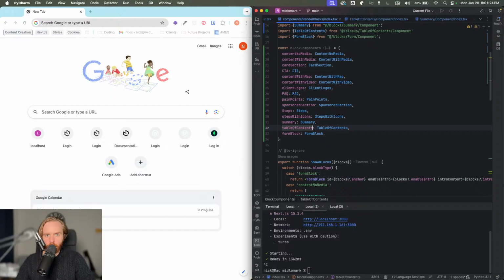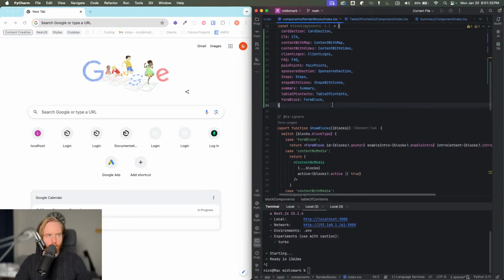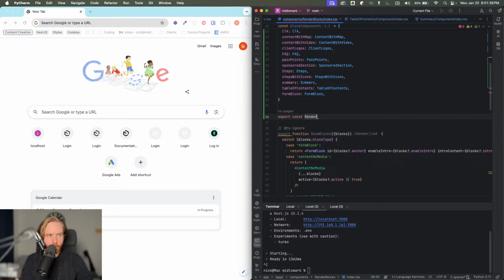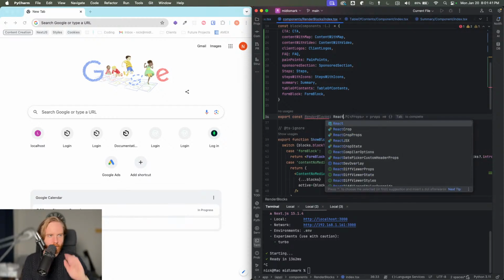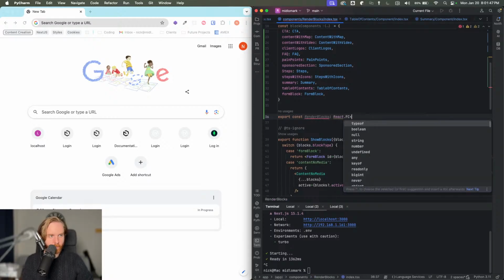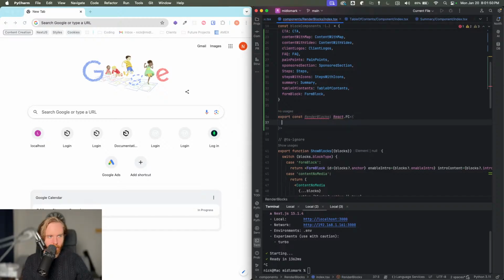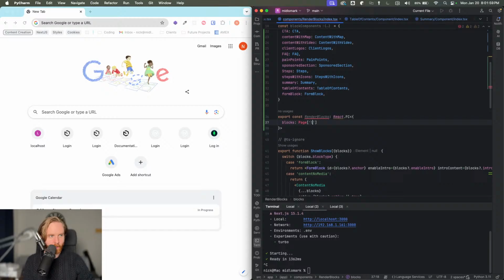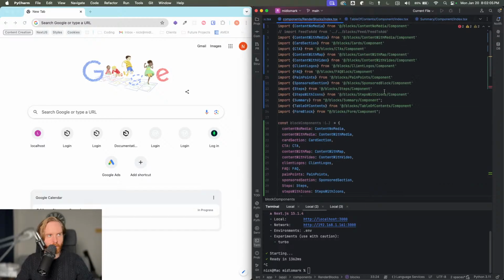Next step is to now actually create our render blocks function. So we're going to leave this here just so we have something to look at, but we can do our export const render blocks, because that's what we're going to name this. And then we're going to use React types, which is going to take an object on the inside there. We're going to take blocks, and then we'll use page. I think layout is what this is called. So I think we need to import, yes, we need to import our page type,